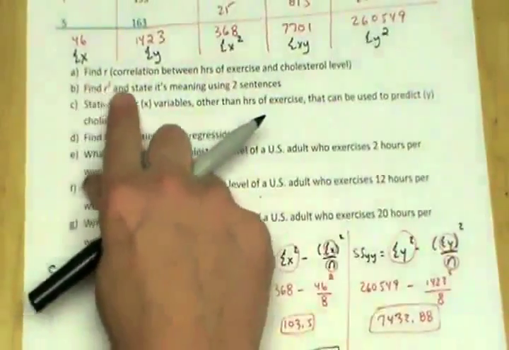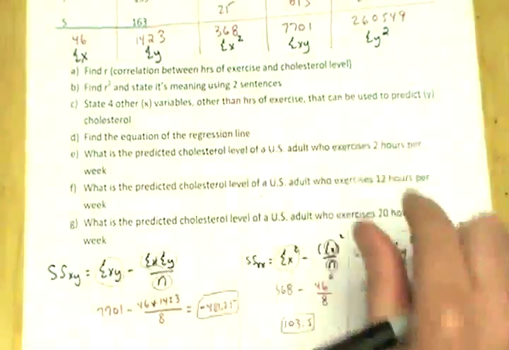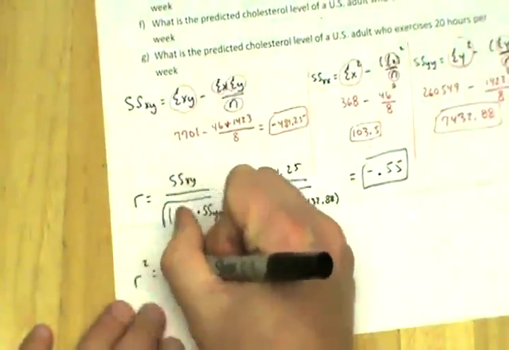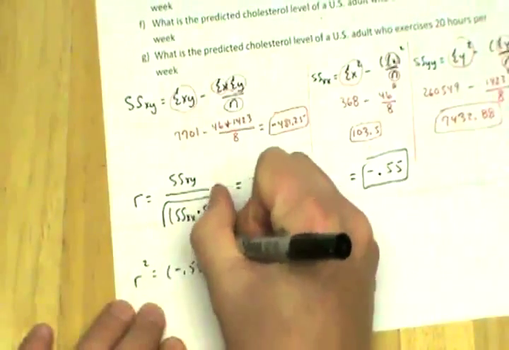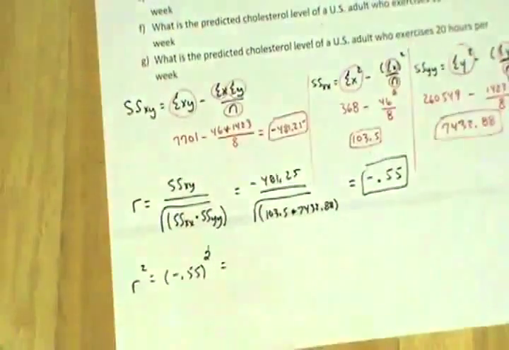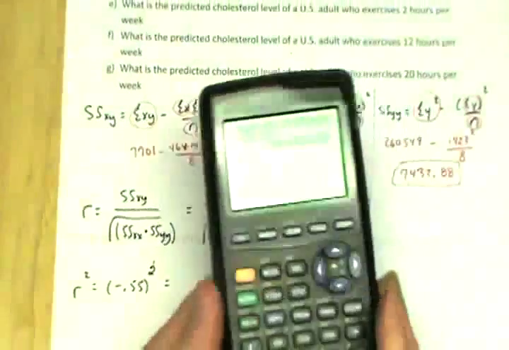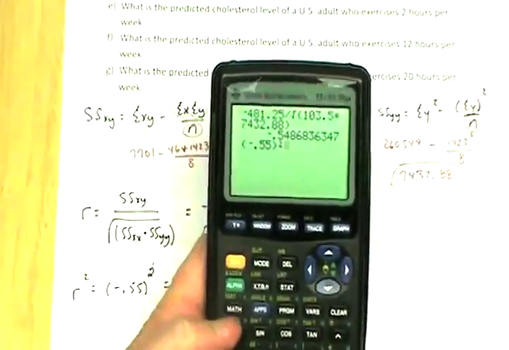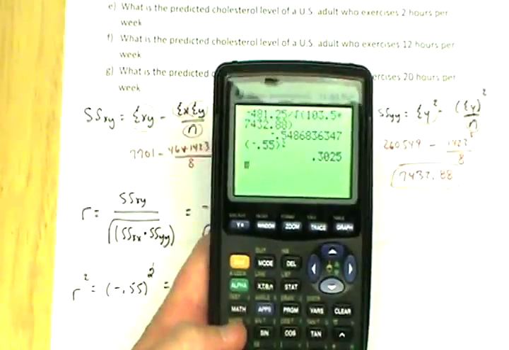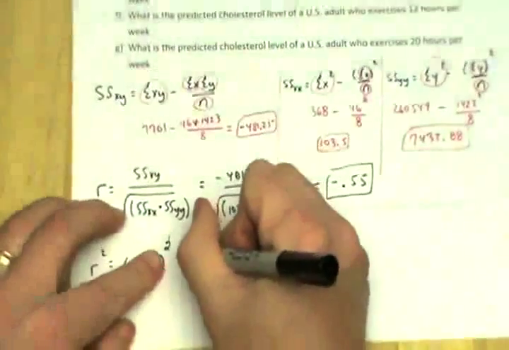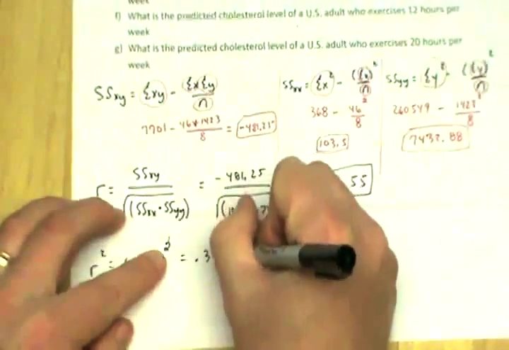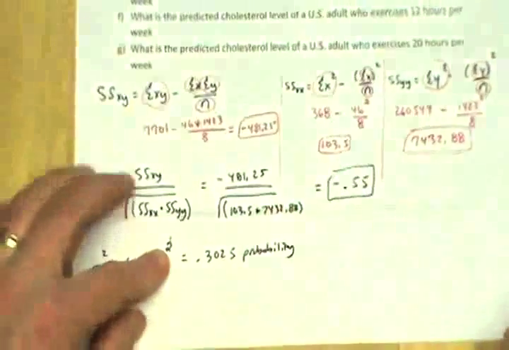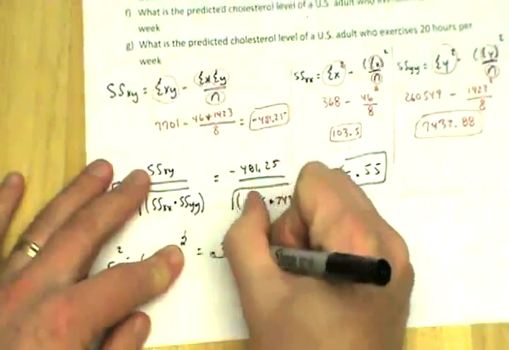Part B then says, find R squared and state its meaning using 2 sentences. All right, we can do that. So R squared, we take the -0.55 and we square it. Okay, so in our calculators, I'll go over here. -0.55 squared, 0.3025. I'm actually going to write down all those decimals. You're going to see one in a second. That's the probability. So I'm going to move that over 2 decimal places and I'm going to state